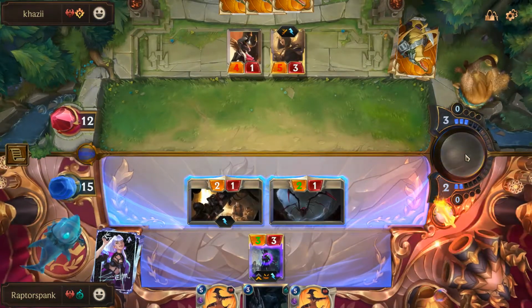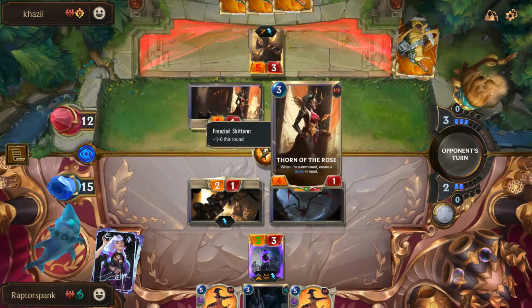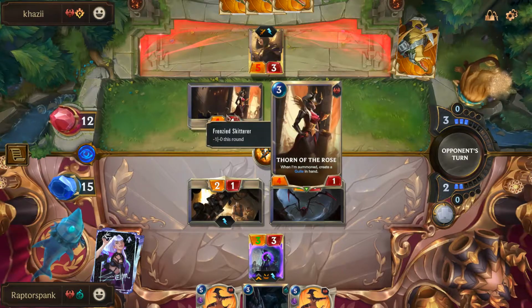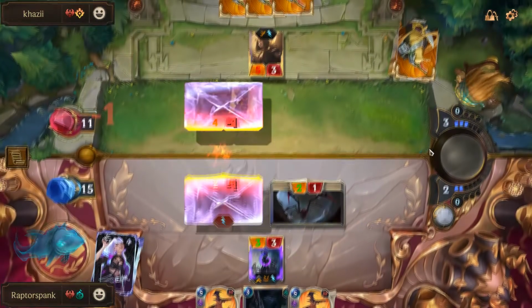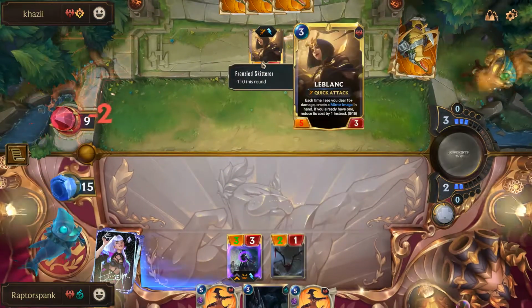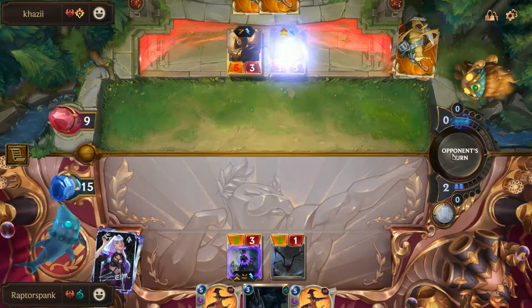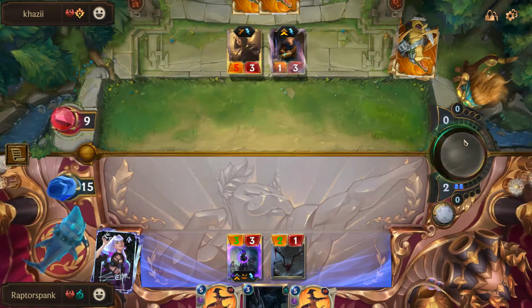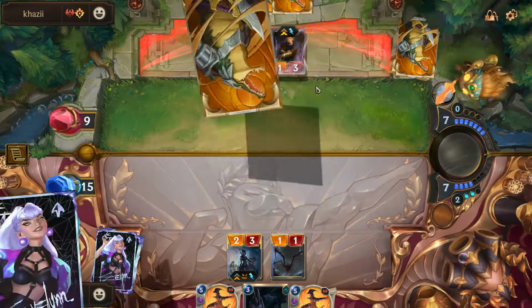Everything's in place. Delicate. Yeah, I mean, if he blocks that, it dies. Wow, he's... Ooh. I realize he doesn't want to lose this LeBlanc, but you have to take the risk there. You can't let a deck like mine just get the free hit in. Although, Ezreal is almost leveled up, and probably will level up this turn, so...